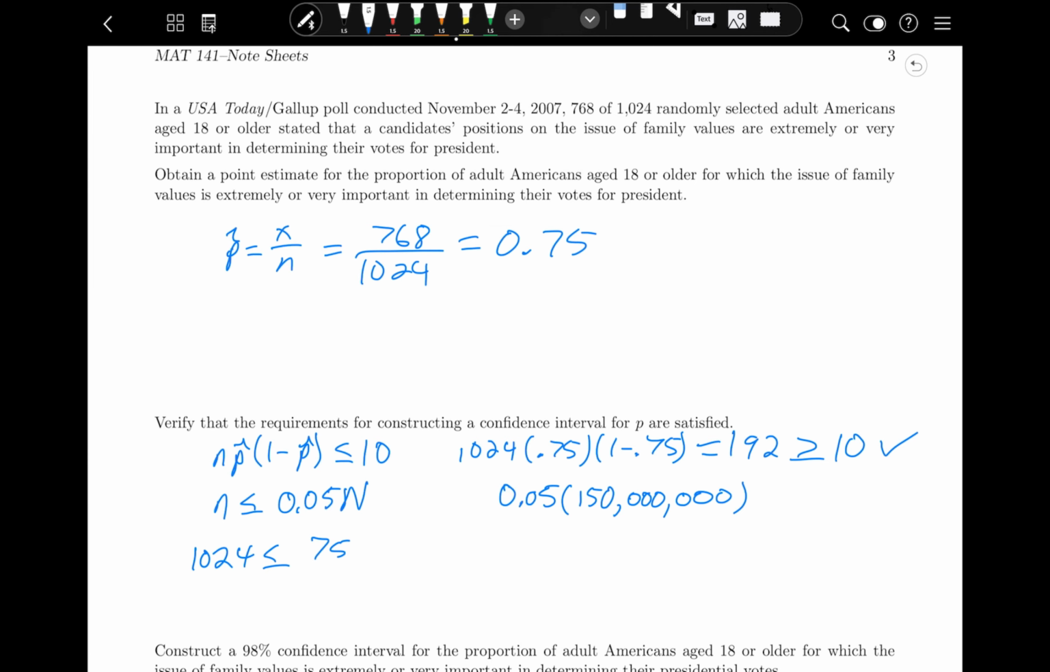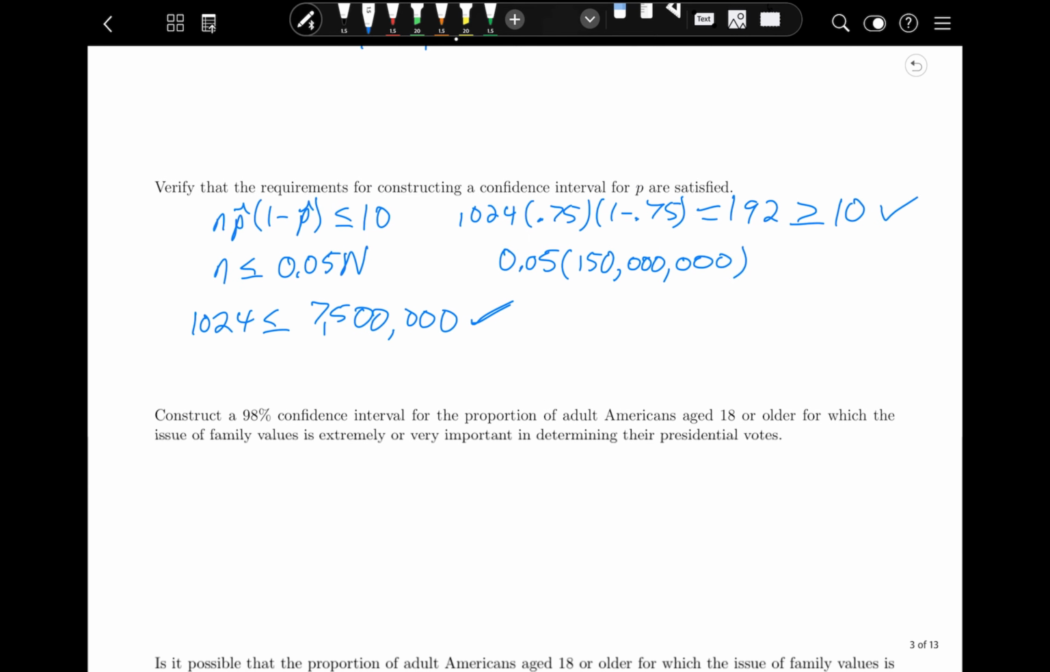Would be 7,500,000. So we could have any sample up to and including 7,500,000 people in it. So that's a lot less. In general, like I said before, you're not actually going to have to do the math there if your population is some percentage of all Americans or some large subgroup of all Americans. So yeah, so we can do